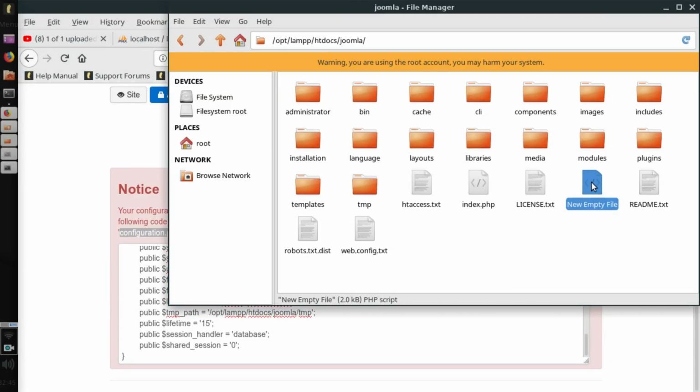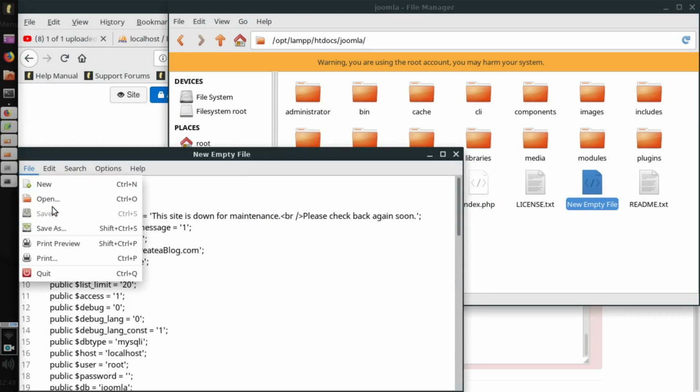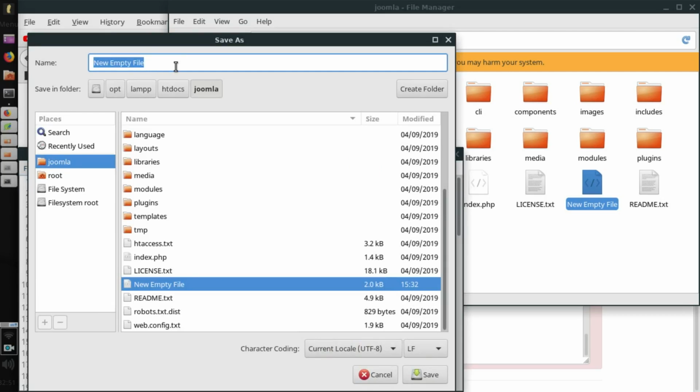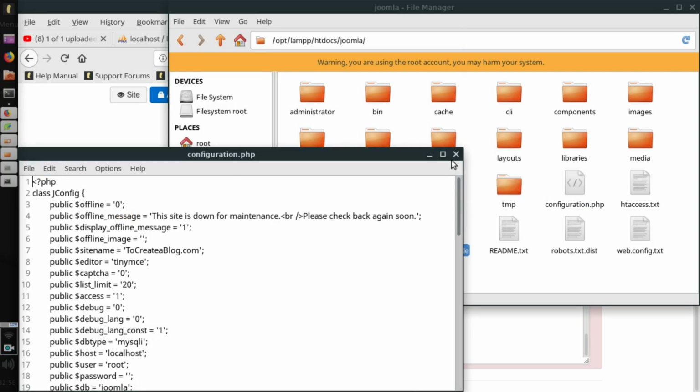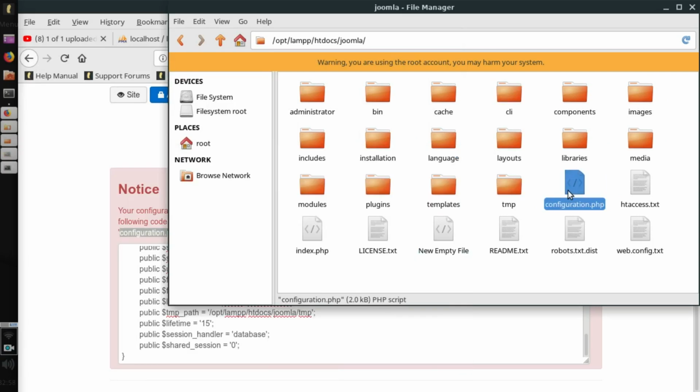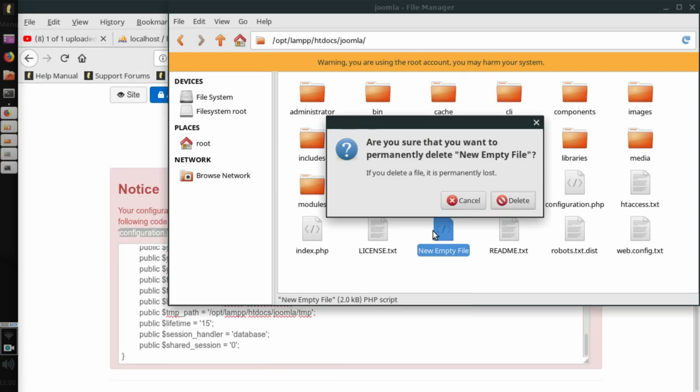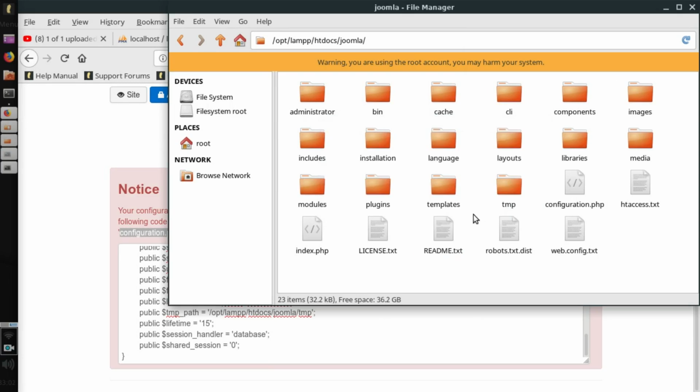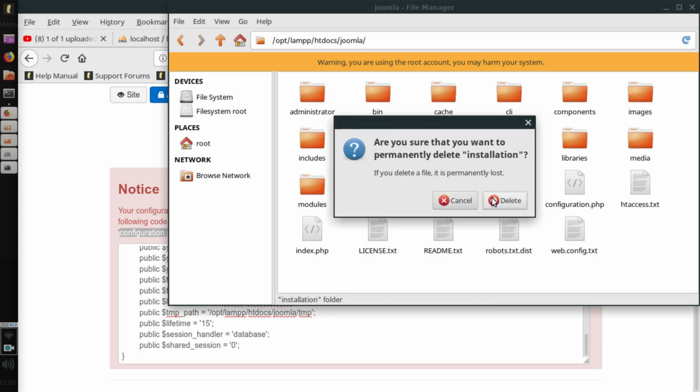Copy, open this file, and let's save this file as configuration.php file. And here you can see our file. Now we can remove this file. And we also need to delete this folder, so let's delete this one.